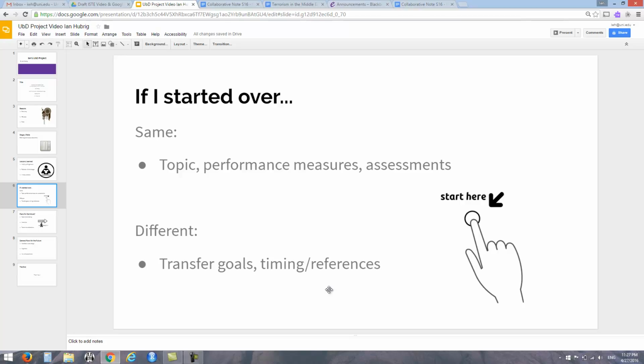If I were to start this project over, some of the things I'd do the same. I'd pick the same topic for sure, just because of my comfort zone with the area. That will obviously expand over time as I become more comfortable with a tech integrationist role versus a social studies teacher role, but just the same. The performance measures I'd keep the same. The Iowa Core feels really good to base and ground my research and my lesson plans in. That's pretty much the same for a lot of teachers in the state, and a lot of school districts adhere to that very directly.